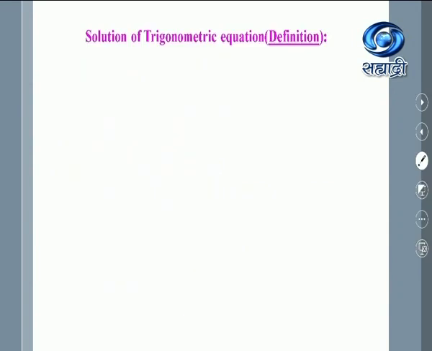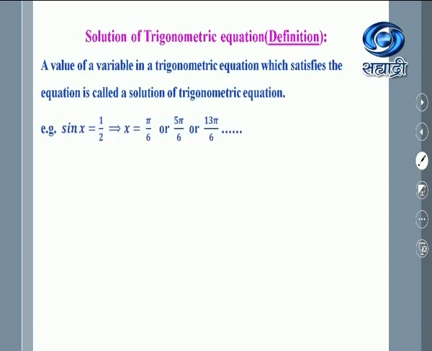Now, once the trigonometric equations are defined, there must be the solution. You know, solution is nothing but what? This is the value of the variable which satisfies the given equation. So here we consider one example, say sin x is equal to half. Now immediately you can answer x as pi by 6. But remember, this is not the only solution for the equation sin x is equal to half.